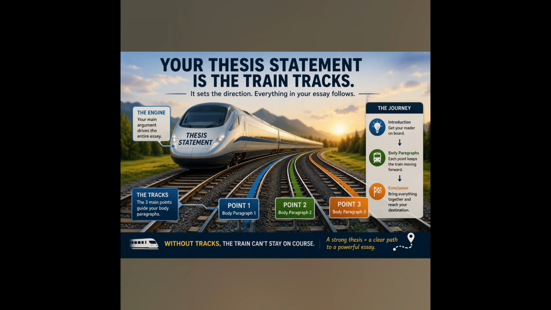Think of the thesis like train tracks, right? Once the tracks are placed correctly, the train knows exactly where to go. Each body paragraph follows one track from the thesis statement. Instead of wondering what to discuss next, the writer already has a clear organizational plan.